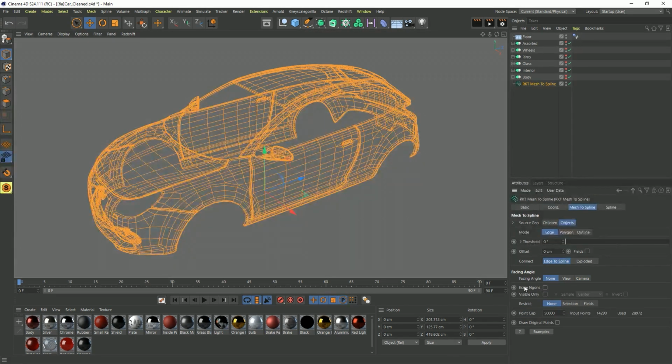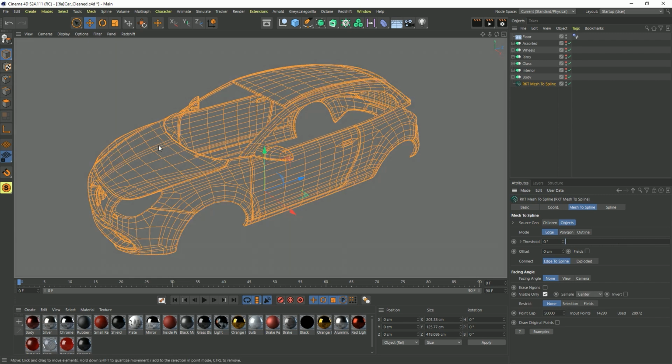Facing angle, I'm seeing everything. We can erase Ngons. We'll check that out later. There is visible only, and it's going to look similar to facing angle. But if I turn it on, what it's going to do is detect edges that are behind bits of the geometry. So you'll see here that I do see that side of the door, but I don't see the things behind the hood anymore. So it's taking a point in the center of the edge and aiming it at the camera. If it collides with a different piece of geometry, well, specifically the same model, then it won't generate that